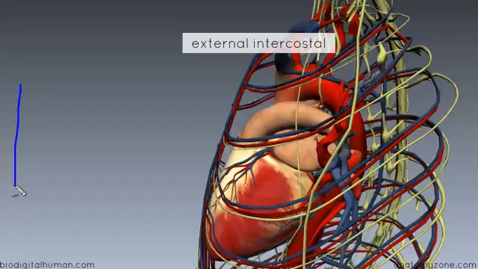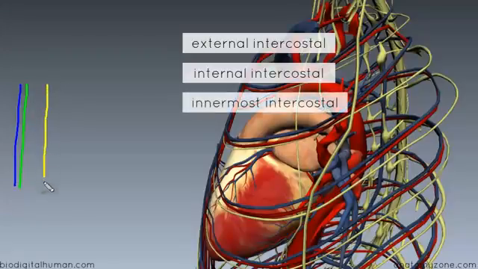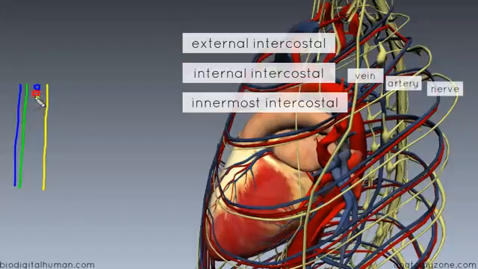Then underneath that you've got the internal intercostal, and then the next muscle down is the innermost intercostal, and between these two muscles you've got the neurovascular structures. So at the top you've got the vein, and then you've got the artery, and then you've got the nerve,